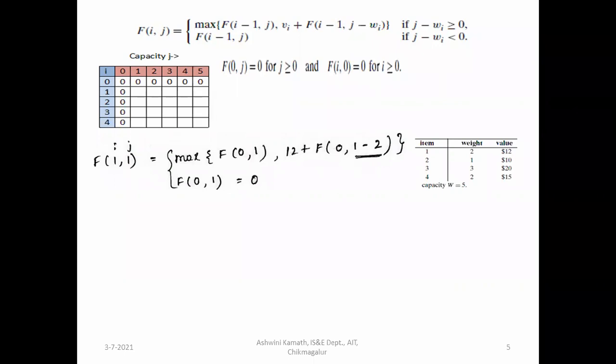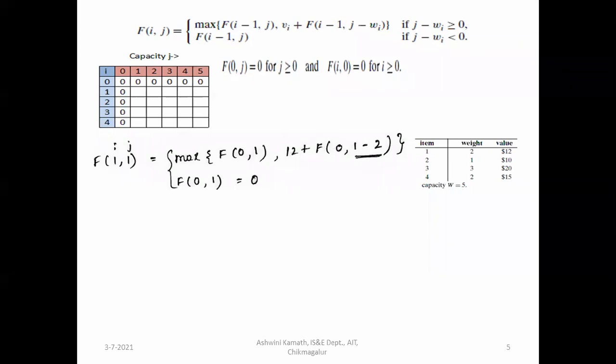Okay, the table which you can see represents the capital letter F. Now we are going to find the value for f of 1, 1, first row and first column, which is equal to the maximum of, applying the formula here. You have the formula at the beginning of this slide. So maximum of f of i minus 1, i value is 1 here, 1 minus 1 is 0, 0 comma j value is 1, 0 comma 1 comma vi.